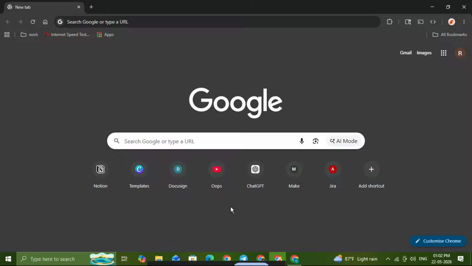In today's video, I'm going to show you how to disable the developer tools icon on Google Chrome on PC in just a few simple steps. This is a handy fix if you want a cleaner Chrome toolbar and you don't want that developer tools icon showing up while you browse. Whether you're using Chrome for work, school, or everyday use, this quick change can help make your browser look less